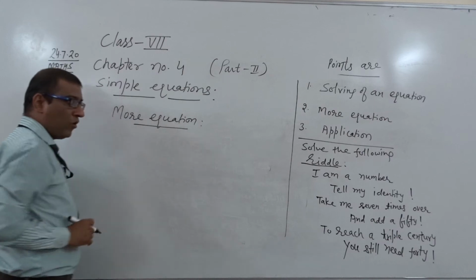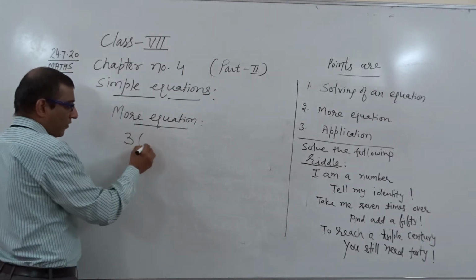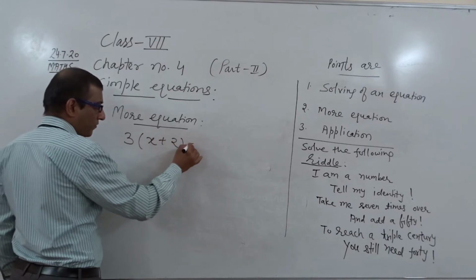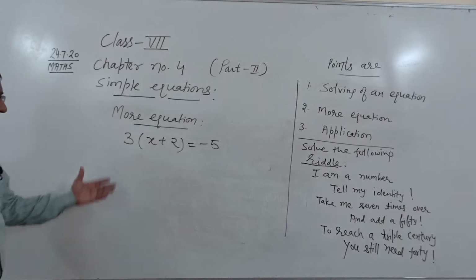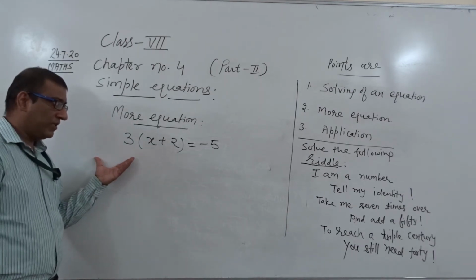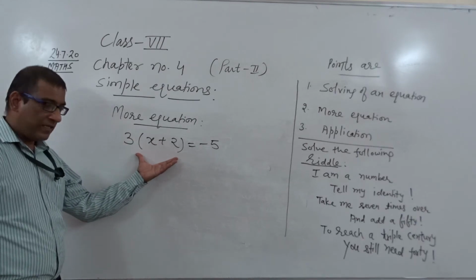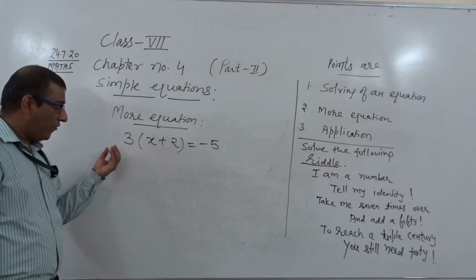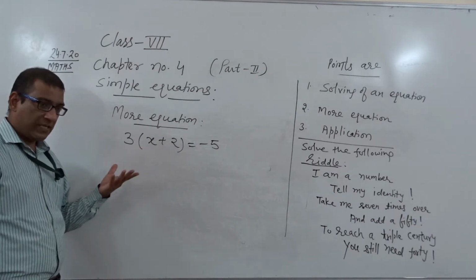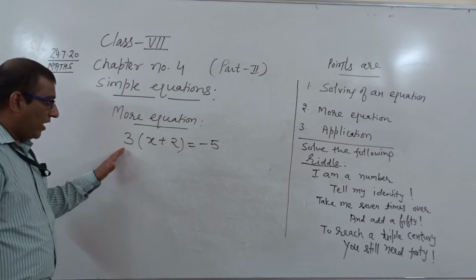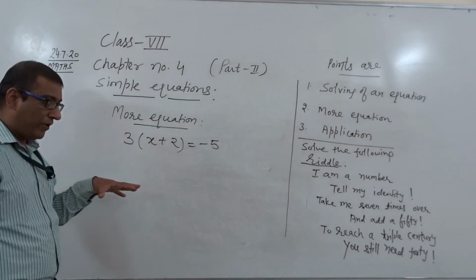So how will we solve it? Now I am taking one more question. For example, if such type of equation is given to you, then how will you solve it? There are various methods for solving the equation. If someone wants to apply the distributive property here, you can apply it. If you want to multiply 3 with the bracket, you can do it. That is part of the distributive property. If someone wants to divide both sides by 3, that is also possible, and that I am doing here.